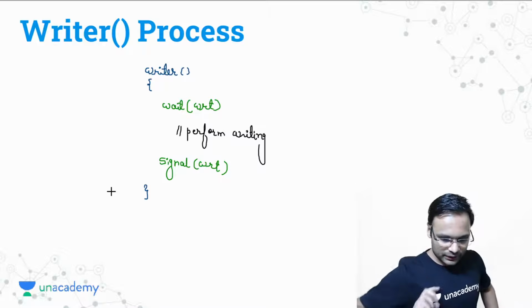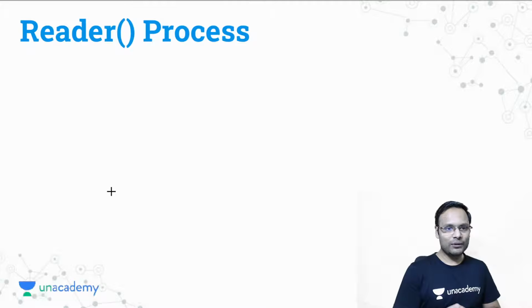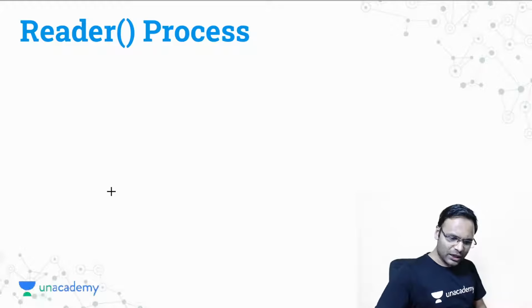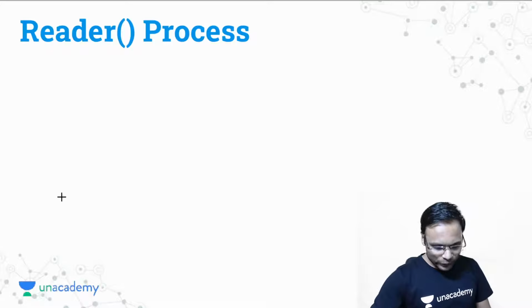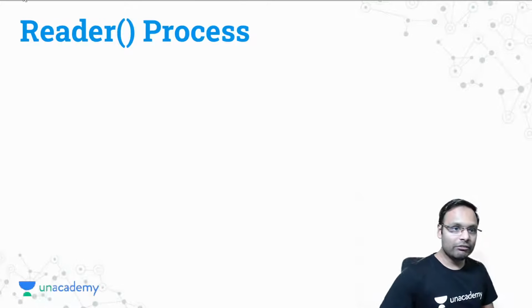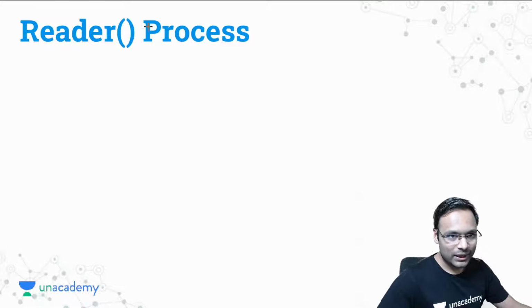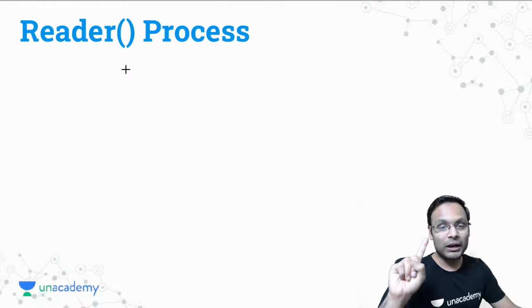चलिए आगे बढ़ते हैं. Let's go ahead and let's see what we have next. Next we have is reader process. अब ये reader process क्या है सर? ये reader process में we will have to have something. What? First of all, reader process will have to check